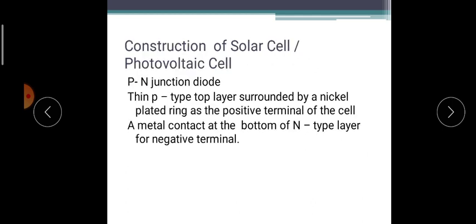Construction of a solar cell. A solar cell, in crude terms, can be explained by PN junction diode working. Our solar cell, in other words, is nothing but a PN junction diode with doped semiconductor. The top layer is doped with p-type material and the bottom layer is doped with n-type material in such a way that whenever light is incident on the material, minority carriers could easily flow across the junction.